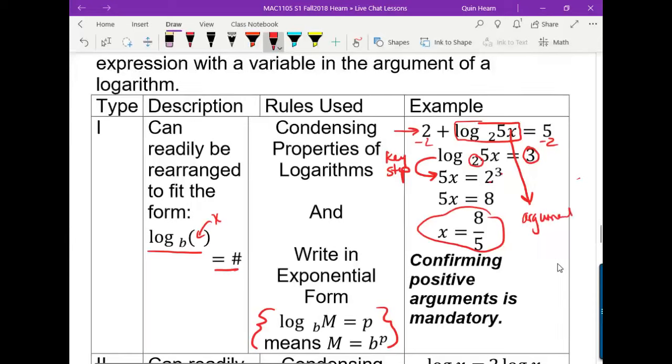We can't have 0 and we can't have a negative. Which is not to say our answer can't be 0 or negative. What that means is that, for example, in this case, the argument was 5x. So if I plug in 8/5, do I still have